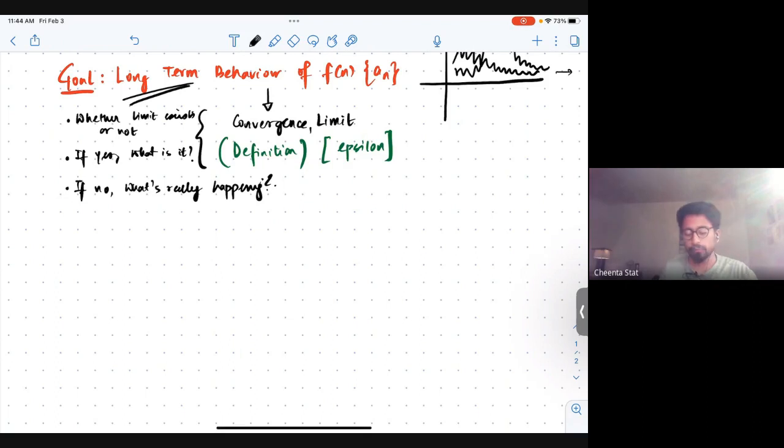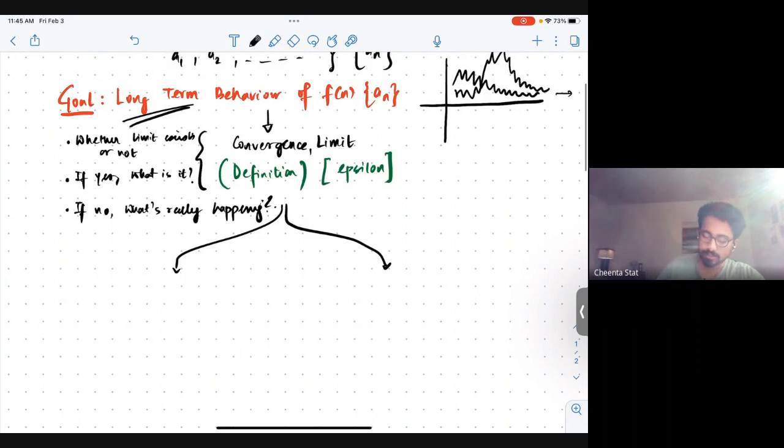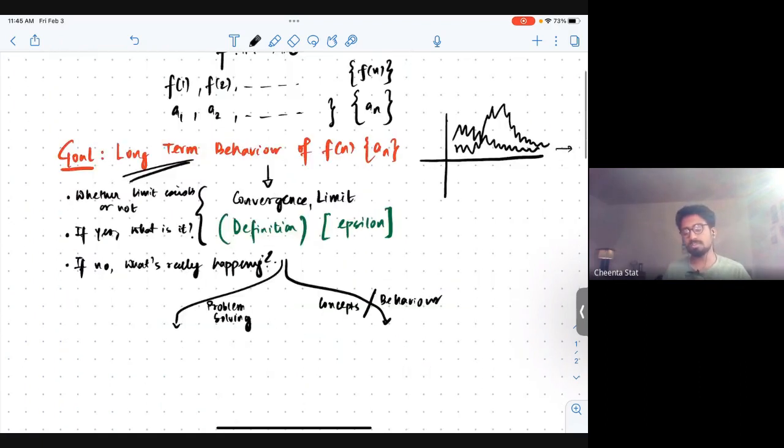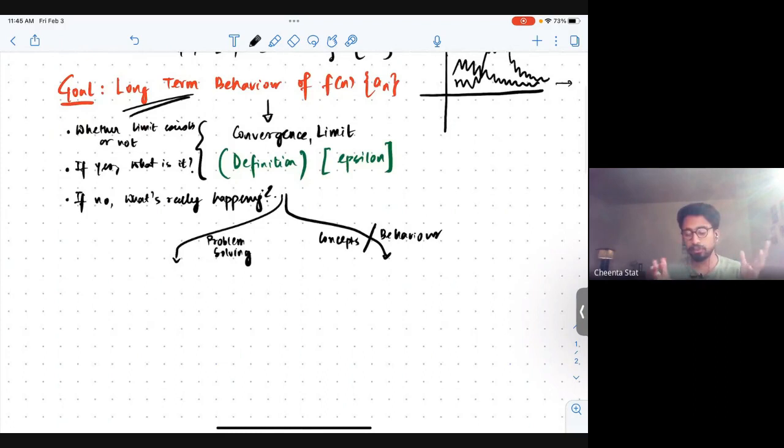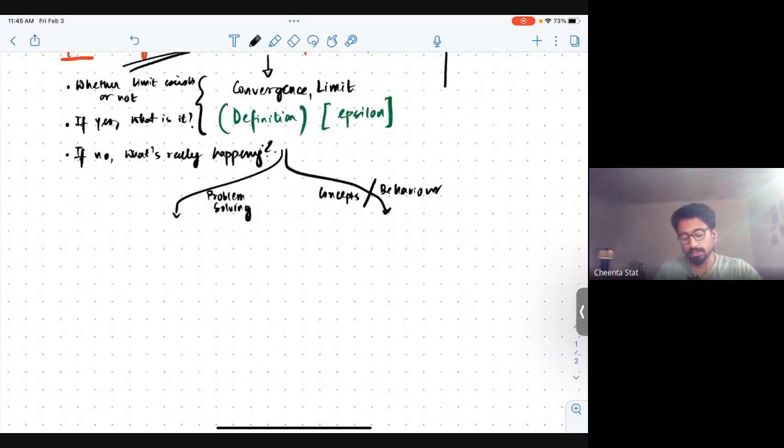So briefly, we can distribute these two things from the exam perspective and the learning perspective, both from a problem-solving perspective and an understanding perspective. One is the problem-solving perspective and one is the concept perspective, which we also call behavior. So our whole course of sequences is divided into two aspects, which is a part of the mathematics full course for IDMMS and ISI MStat. The problem solving and the concepts of behavior are based on two different lines of approach.